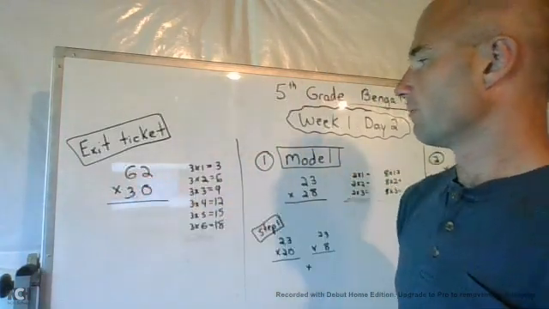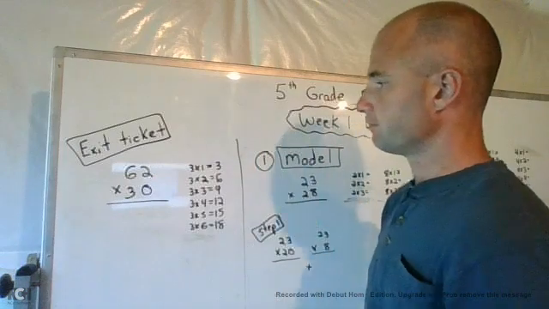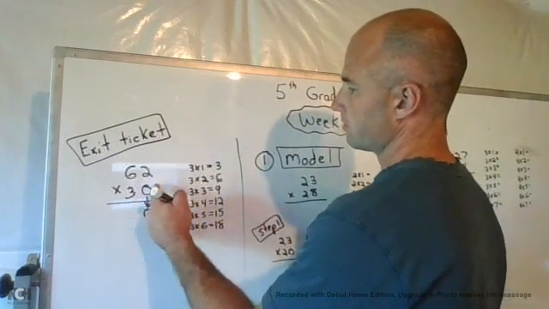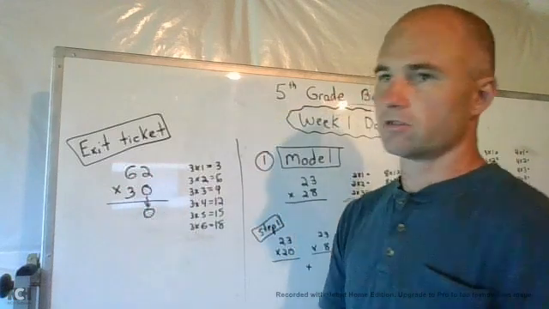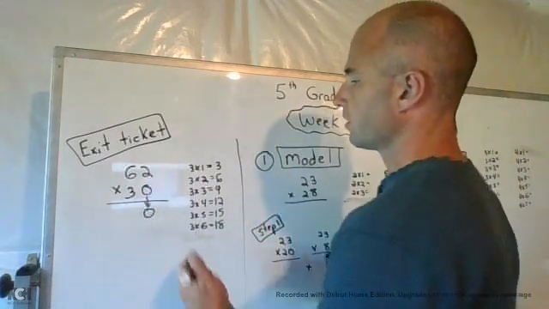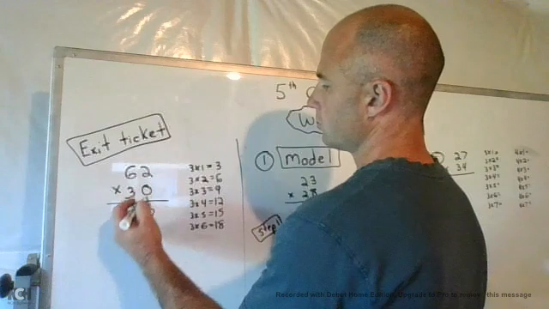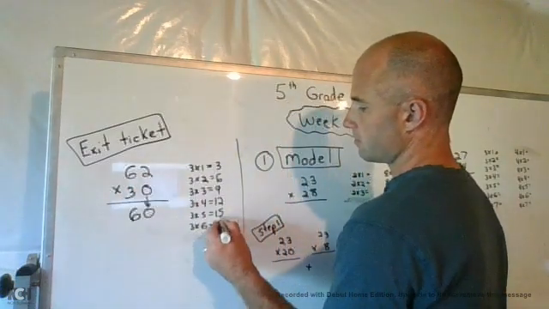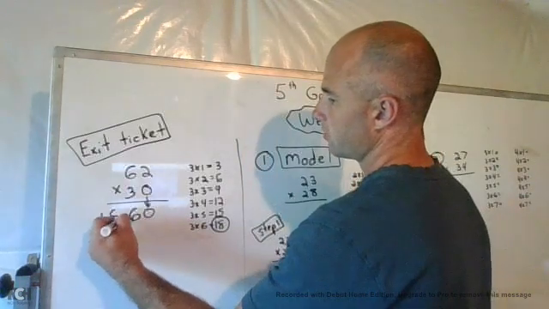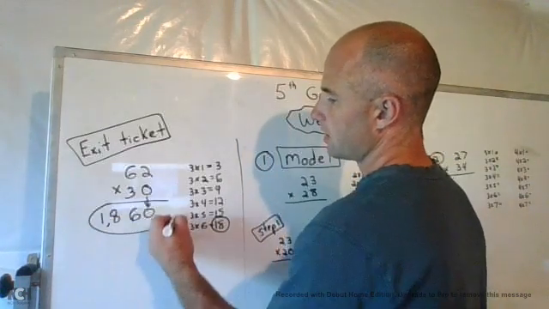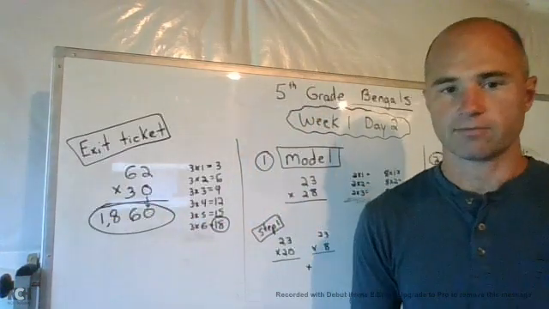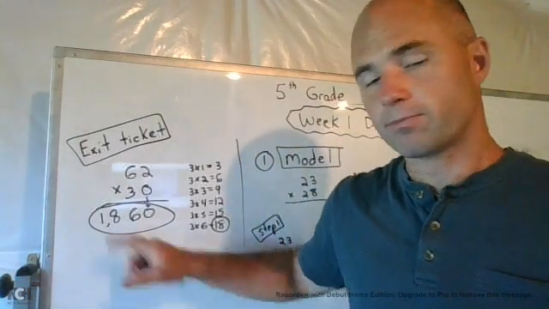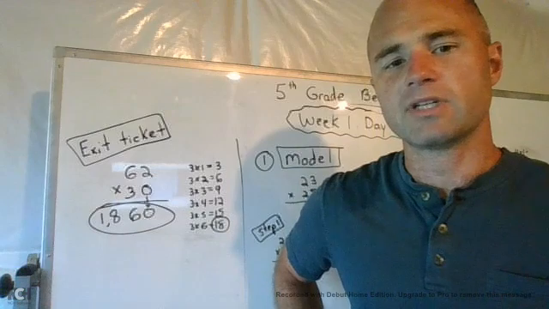62 times 30. So I did my 3 times tables here. I'm going to first bring down my 0, because 0 times 2 is 0, and 0 times 6 is 0. 3 times 2 gives you 6. 3 times 6 equals that 18, giving you the answer of 1,860. So that should have been the answer, don't forget your comma there, okay,